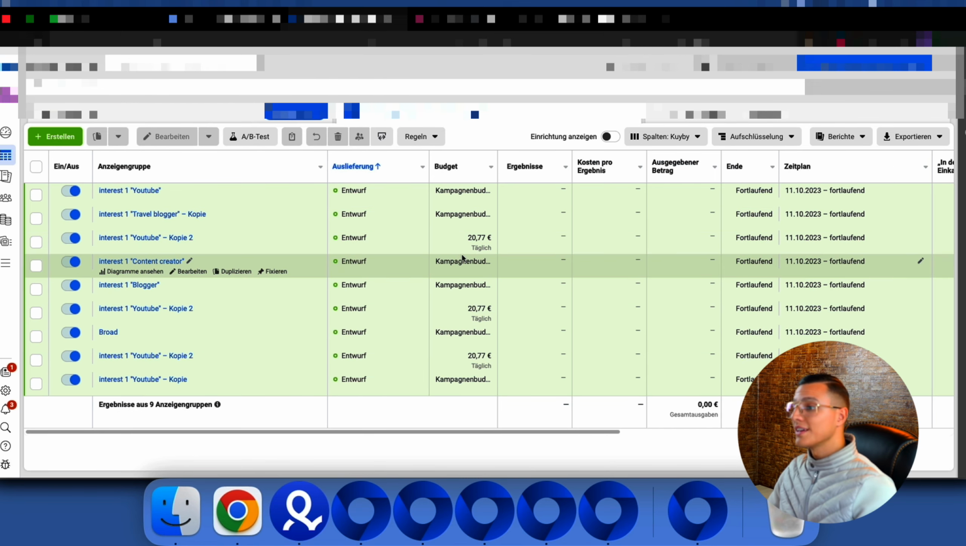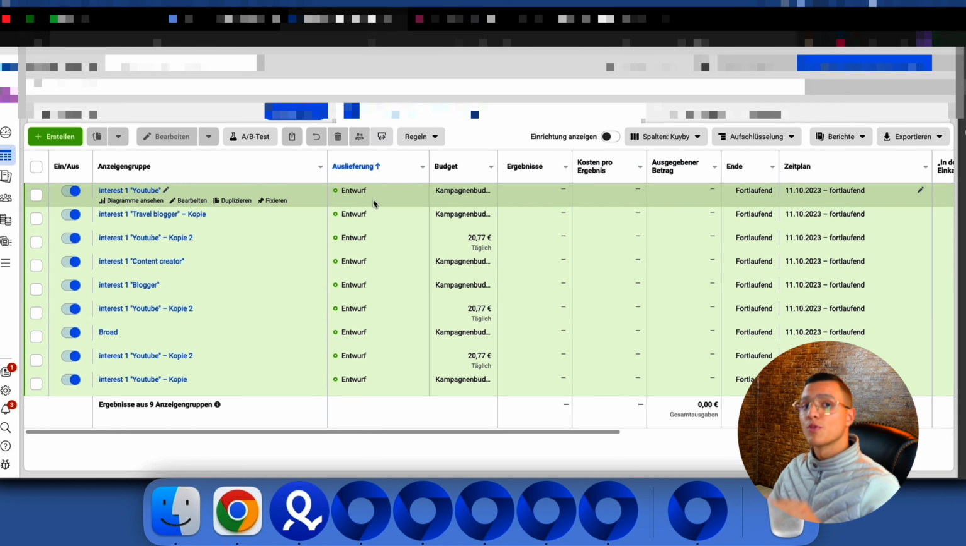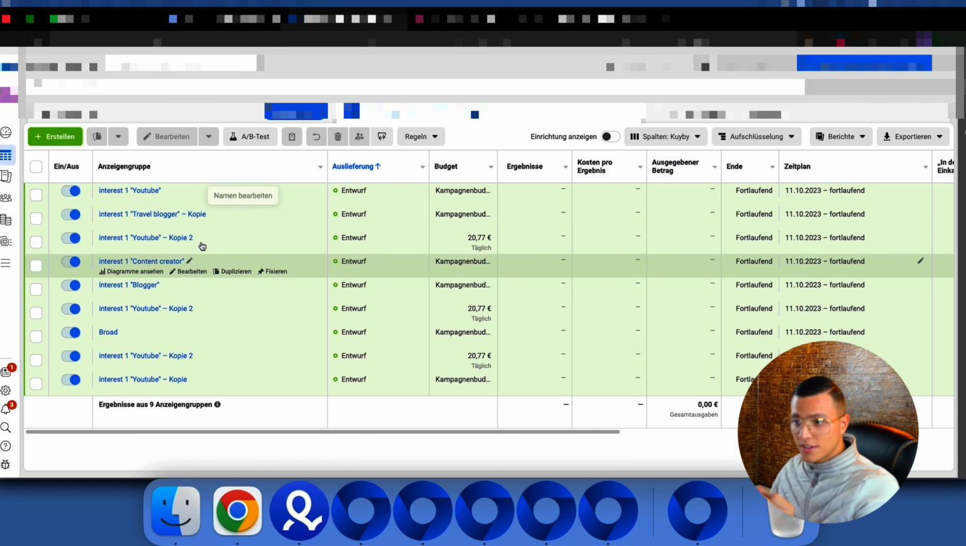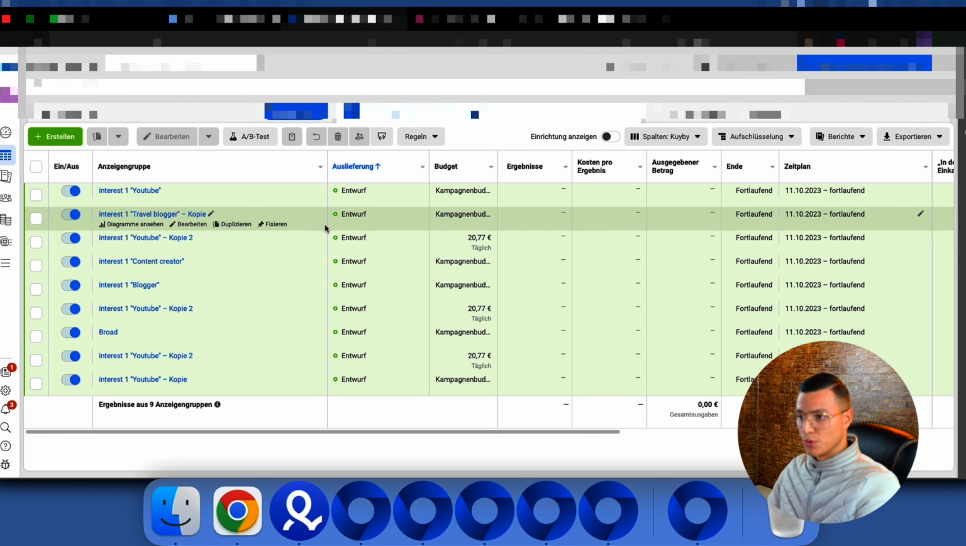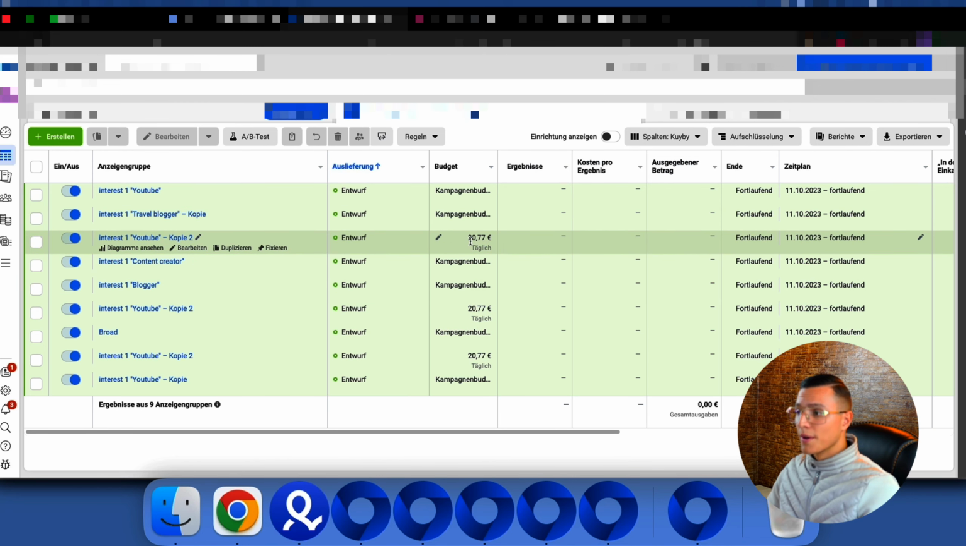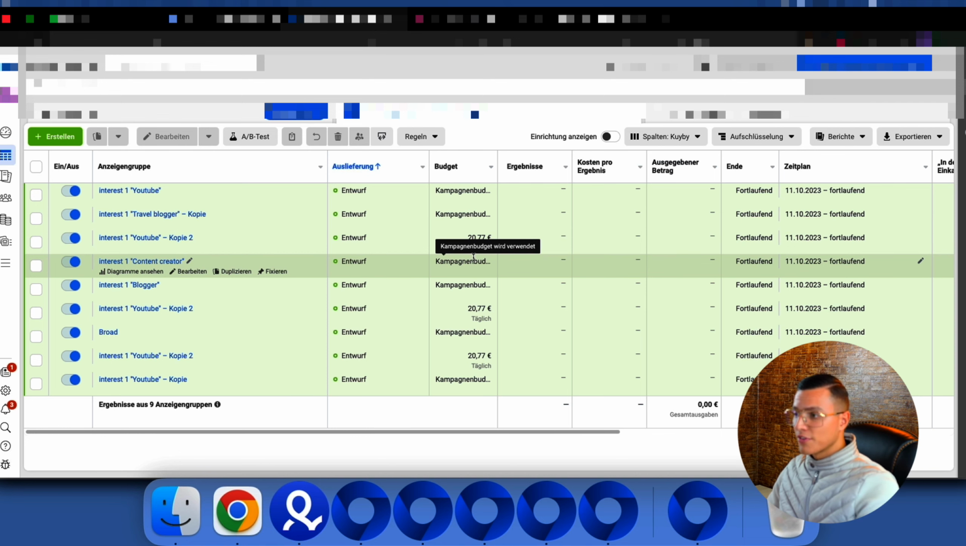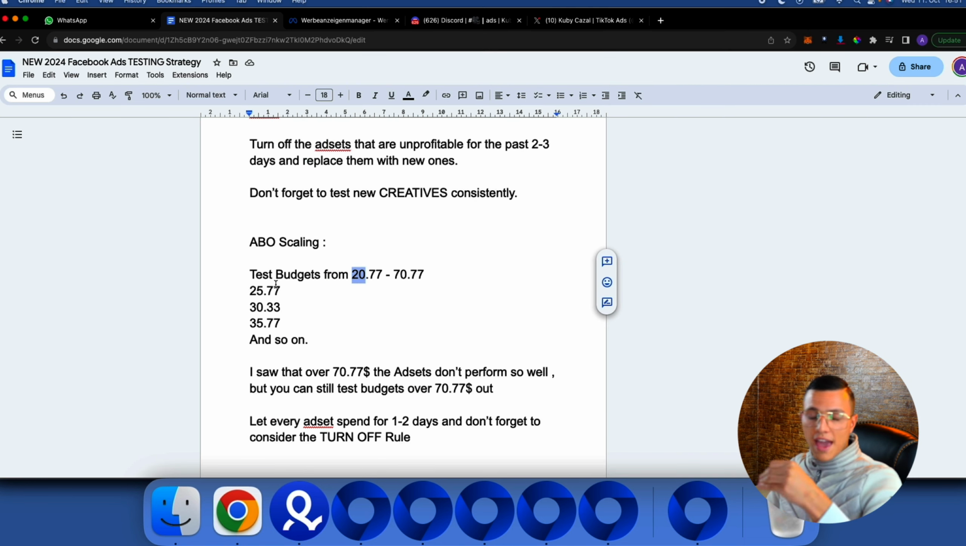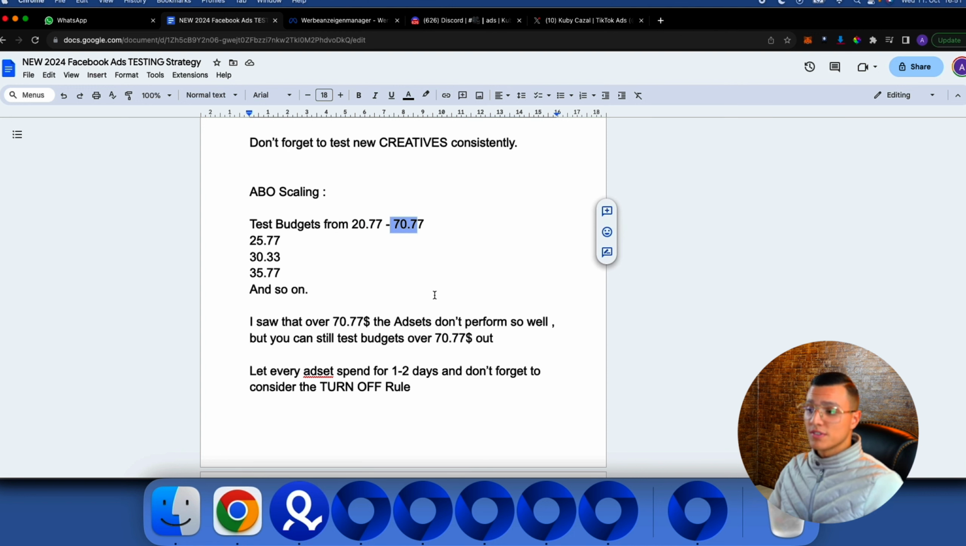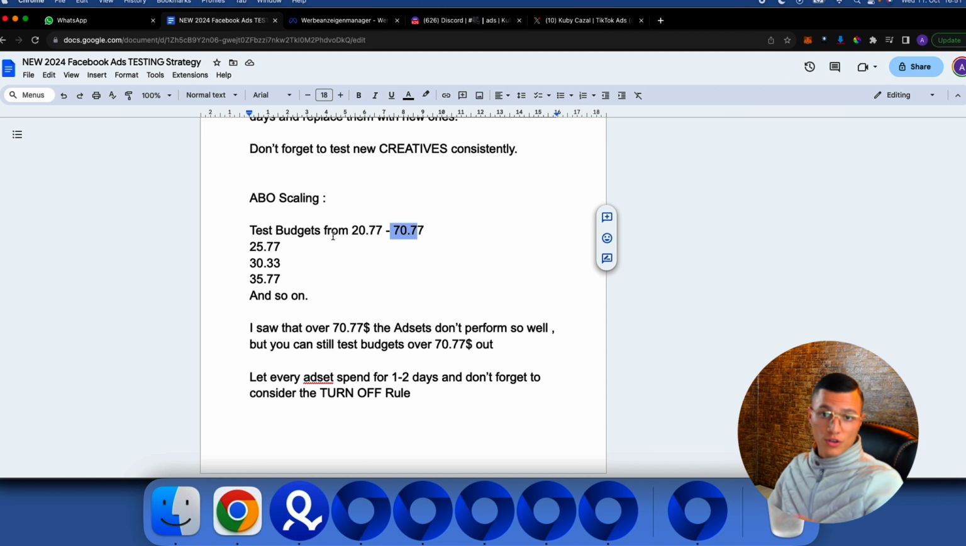What we're gonna do now is we test $25, $30 with the best interest. Like we tested with the best interest, not like with any interest. We tested with the best interest, like with the best ad set. So $20 budget, 25, 30, 35, and so on until 77. I saw that over 77 the ad sets don't perform so well, but you can still test budgets over 77 out. So what you're gonna do now, you create these budgets with the best interest, and you let every ad